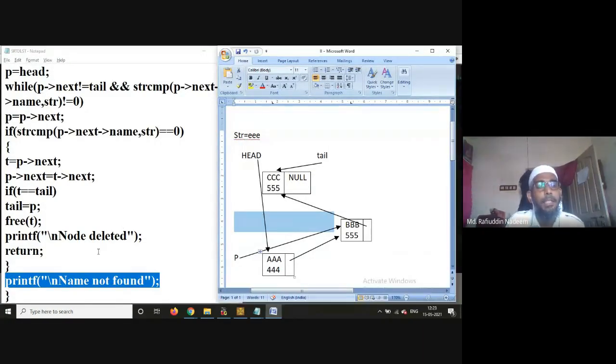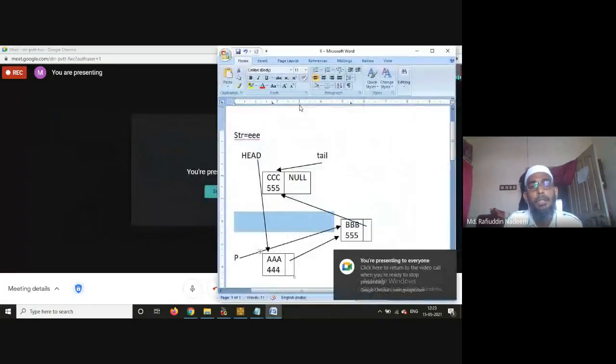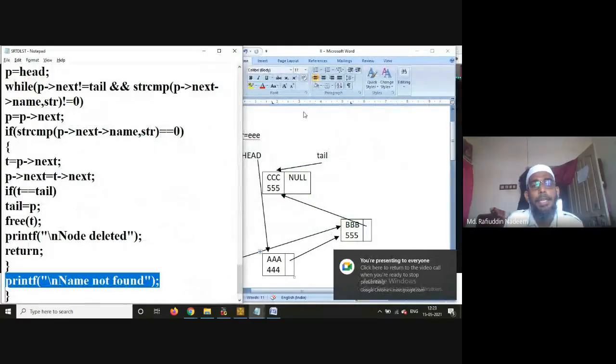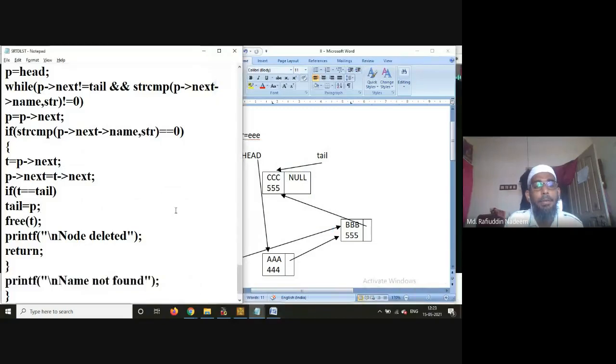So that's how we are going to check here. In the last class when I shared that, I just missed this case and it was going into an infinite loop. So I made a correction to the program. I will share it again. Just practice this once again, then you will have a clear idea about this.